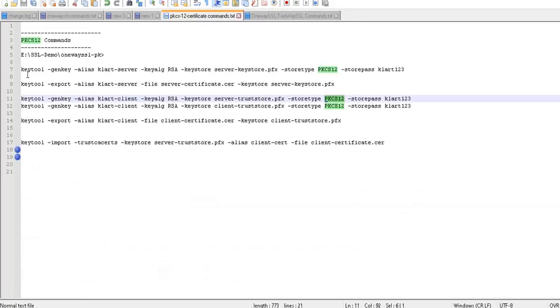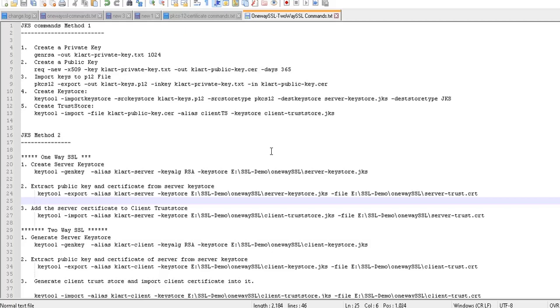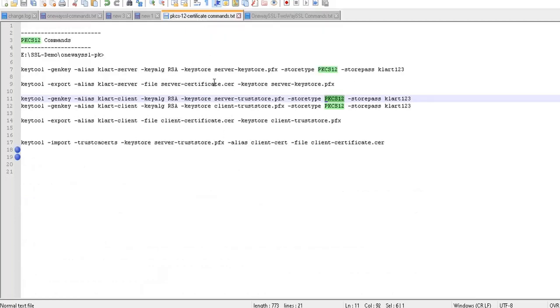I'll show you both commands, and I'll provide them in our description box. But before that, I'll explain what I have done so far, and how you can use PKCS12 commands and JKS commands to establish one-way SSL and two-way SSL.